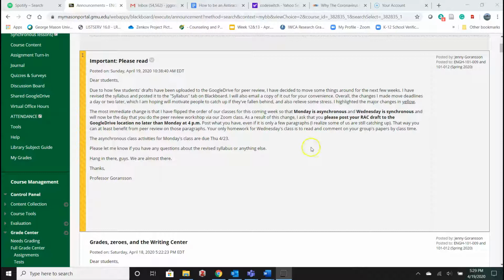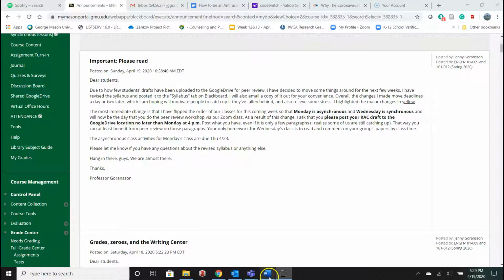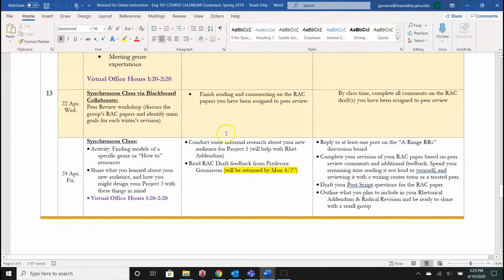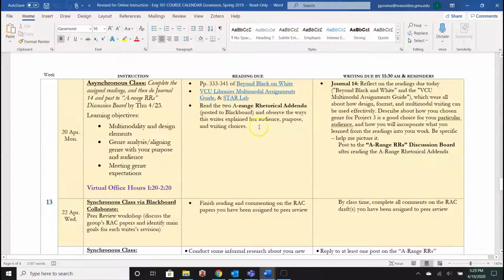And the asynchronous class activities, you can find them here on the revised syllabus that I emailed out. So for Monday, all you have to do is, I think with the extra time, try to get your draft done if it isn't already done. If it hasn't been started, at least get a few paragraphs done and then turn that in to the Google Drive. And then these are the activities that we are